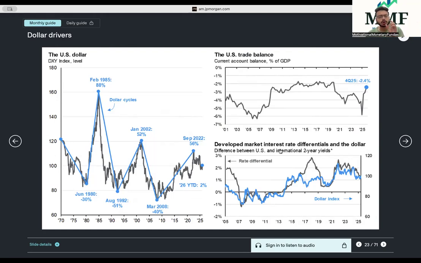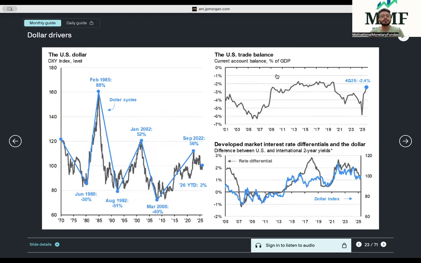In the shorter term, the dollar will become stronger despite the current account being negative, because of this interest rate differential, because of the USD being the reserve currency, because of 60% of global trade being done in USD, and multiple other factors. Correct? But over the long term, this current account deficit will have an impact. This will drag the USD to become a weaker currency, because a higher current account deficit weakens your currency, as happens in the case of India as well.